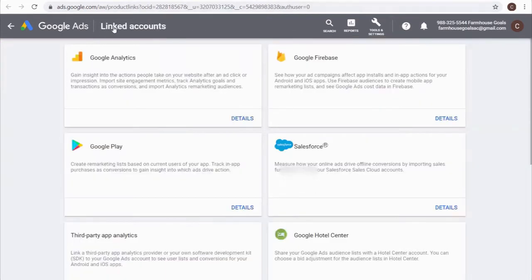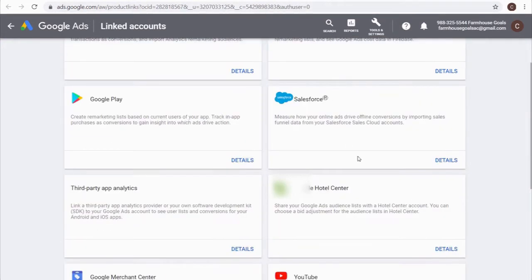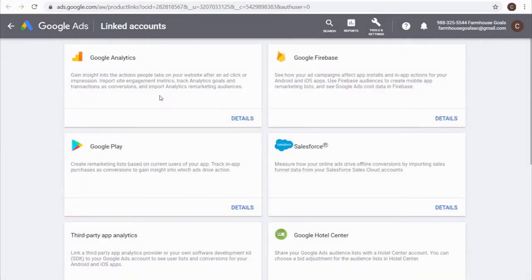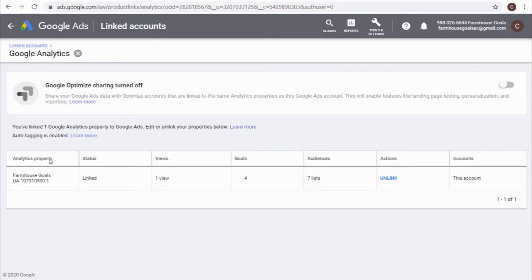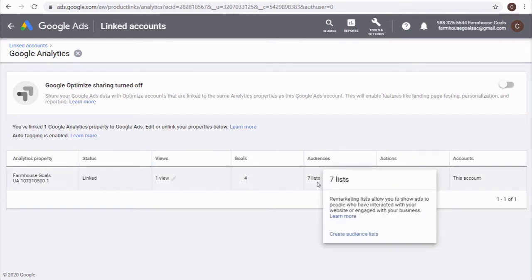Here in linked accounts, we're going to click on Google Analytics. You're going to see there's a lot of different types of accounts that you can link directly to your Google Ads account. You want to make sure anything that's relevant for your business is linked to your Google Ads account, because it's only going to give you more and more data as you're setting up your campaigns. We'll click on details here under linked accounts, and you'll see right here I have my analytics property, farmhouse goals. It's linked. There's 4 goals, 7 audience lists. These are the remarketing lists that we're going to be able to use to target people with our display